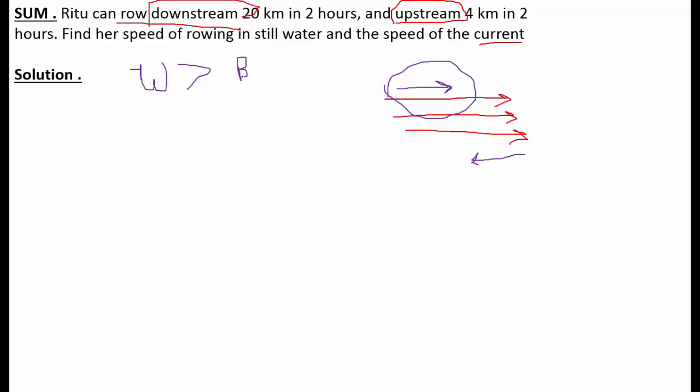But if the speed of body will be greater than the speed of water, then we will swim in the direction in which we want to swim. Now let's start the numerical.